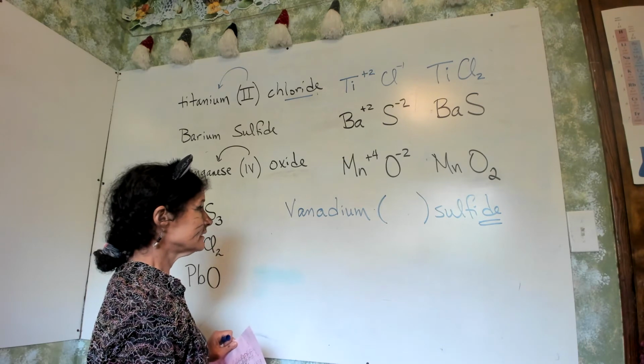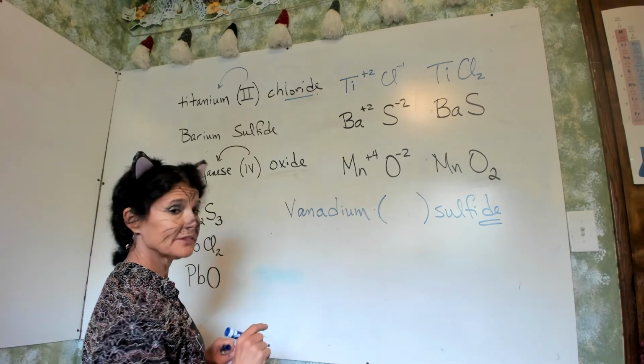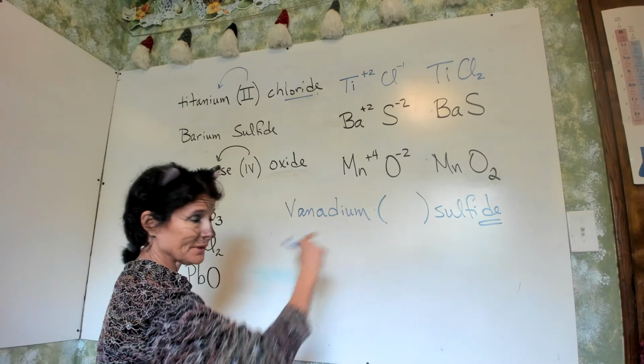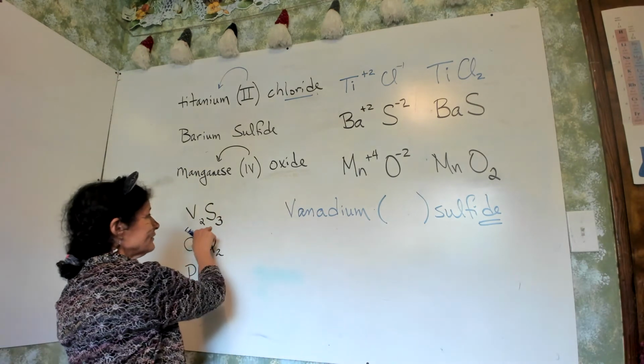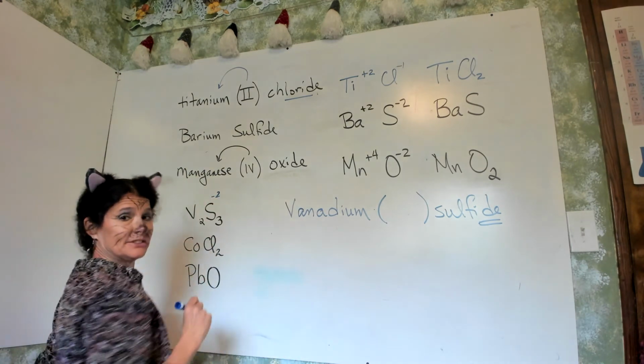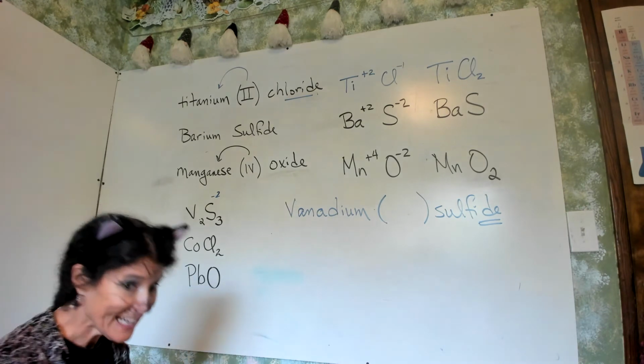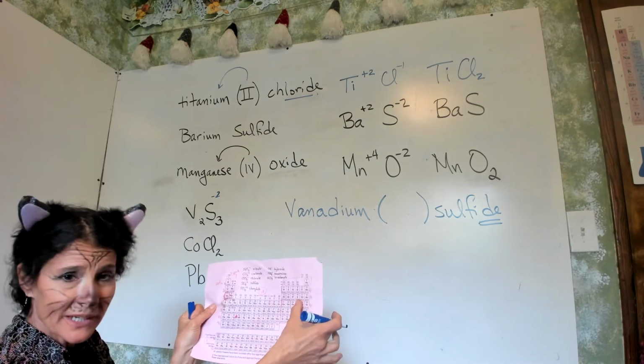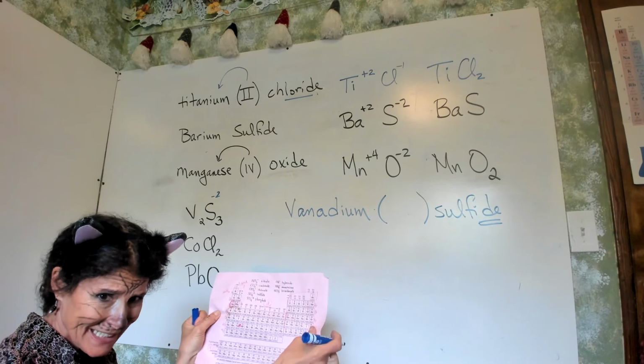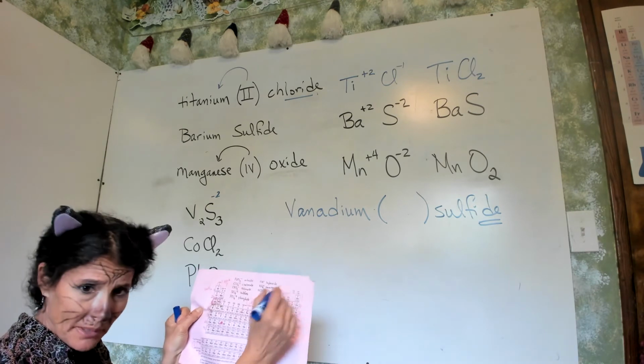And we now have to figure out the number. And we figure it out from the S. Sulfur is a -2. And I know that from the periodic table. It's right under oxygen, and oxygen is always -2. You write it up above that family.